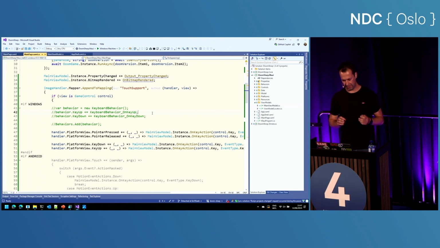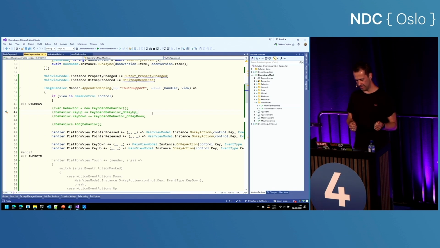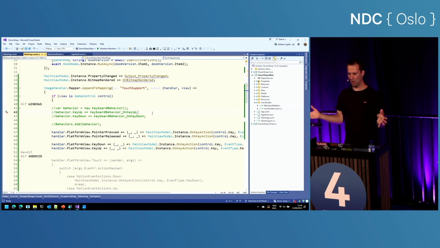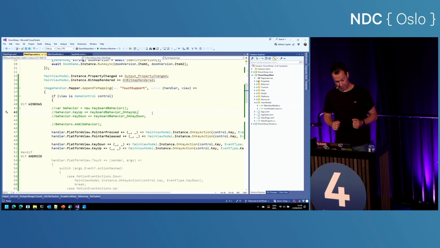One thing I was thinking when building this is, okay, we now have touch controls on our mobile platforms, but we need actual button support as well. I'm running on a Windows machine. I have a physical keyboard. I need to be able to do this. Now, there is input control in MAUI, but it's only when you have focus in, like, a text box, for example. Then you can enter with the physical keyboard. There is no way to say, hey, I'm on a screen and nothing has focus, please read my keys. That doesn't work out of the box. So I need to find a way around this.